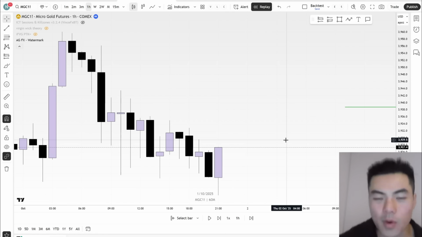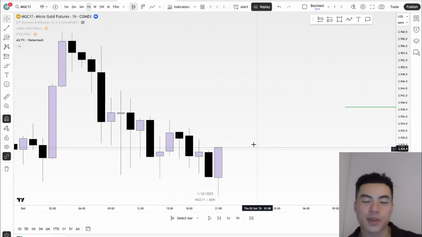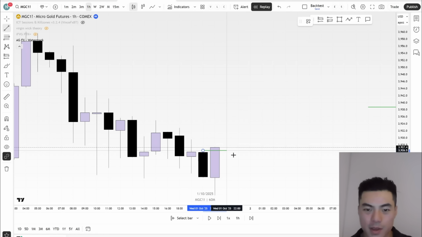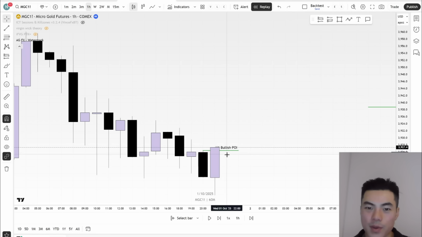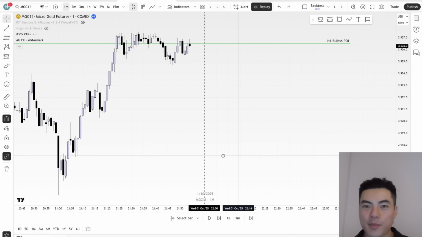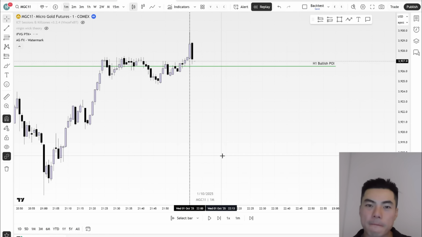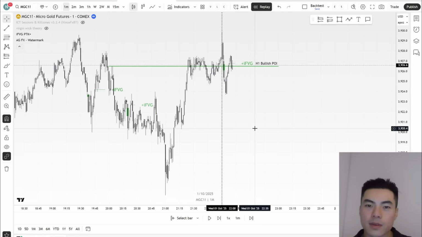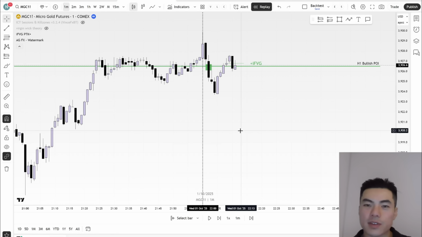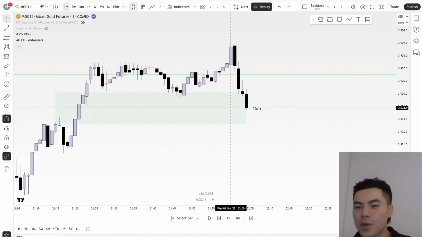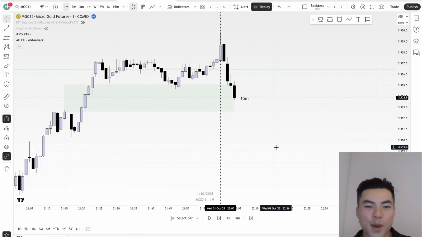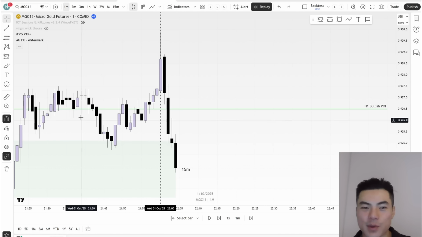All right, we'll do one more A plus example with a higher time frame fair value gap. So we've got this bullish candle closing through this virgin wick, creating a point of interest. Then from 10 p.m., drop down to the 1 minute time frame. POI has been engaged. There is your FVG. Okay, there we go. The FVG was not showing for some reason, but okay, POI gets engaged and we drop